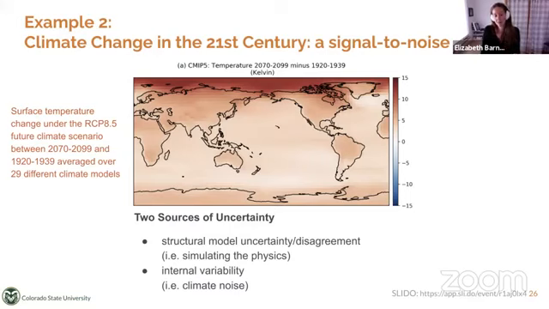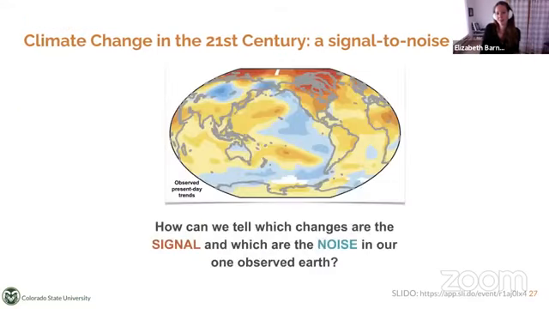Now, this is nice and we can make this plot, but the issue is the real world is not an average of 29 different climate models. It's really just one of these. So when we look at something like observed present day trends in temperature, how can we tell which changes are the signal in this picture and which trends that we see or changes are the noise in our single one